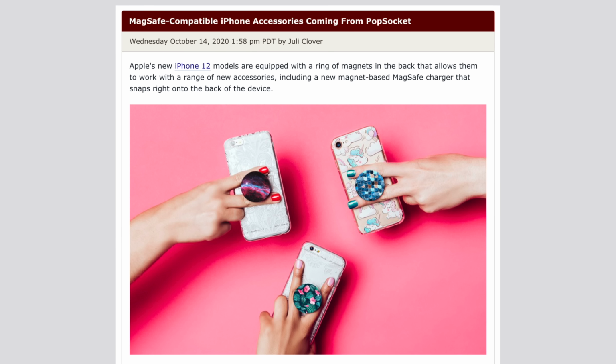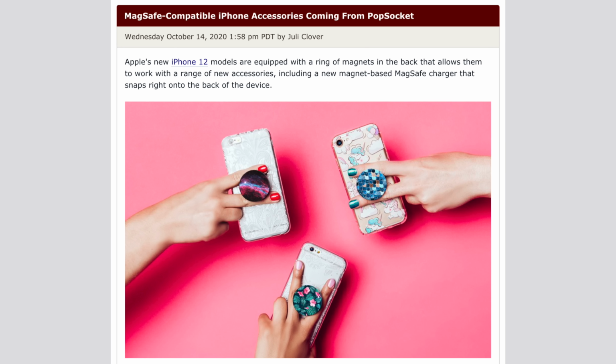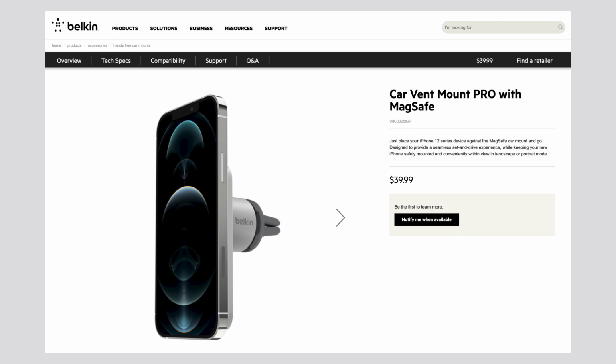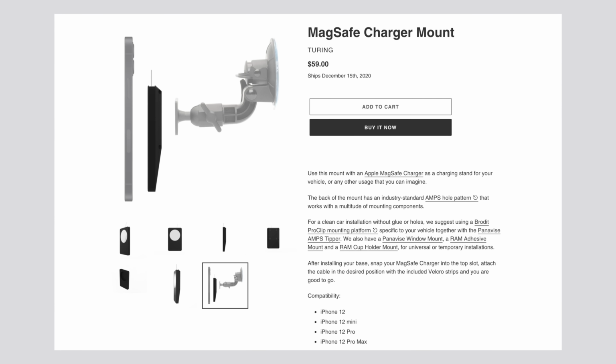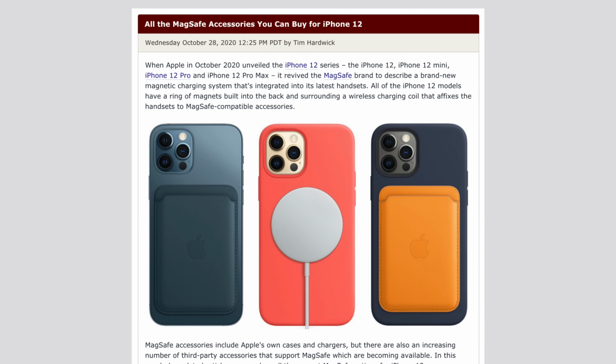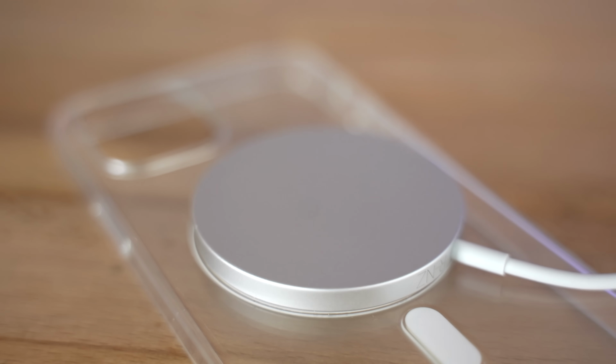There are also now pop sockets that are coming to the iPhone 12, no longer requiring a sticky adhesive to hold on. Car mounts are about to become so much more convenient with magnets built into the iPhone itself. And there are so many possibilities that we haven't realized yet, since this is the first week since the iPhone 12 has been released. And I honestly believe that after a full year, the market is going to be flooded with MagSafe accessories, and this feature itself is going to get people to upgrade. Now beyond that, the